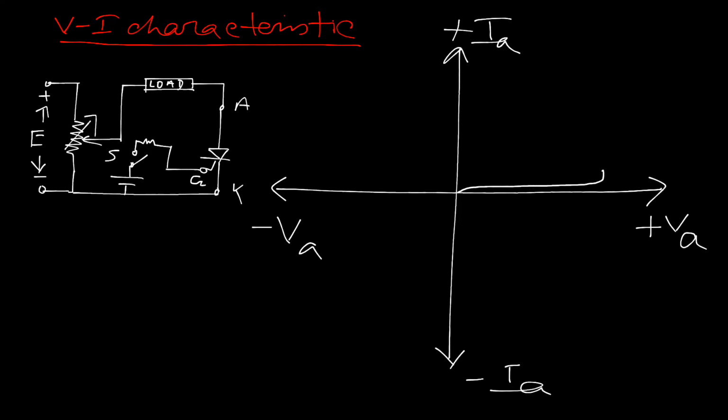But when the voltage reaches a particular amount, defined by VBO or breakover voltage, junction J2 can vanish due to avalanche breakdown of the majority carriers. Then the switch is in the on state. Once the switch is in the on state, that means the total voltage is not appearing across the cathode to anode, and the current is sharply increased.